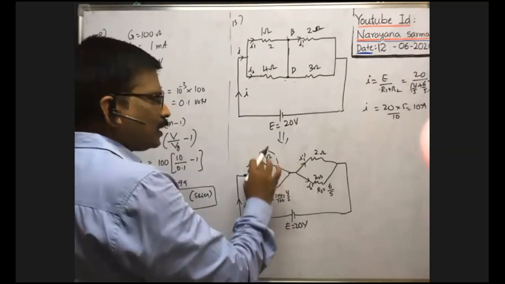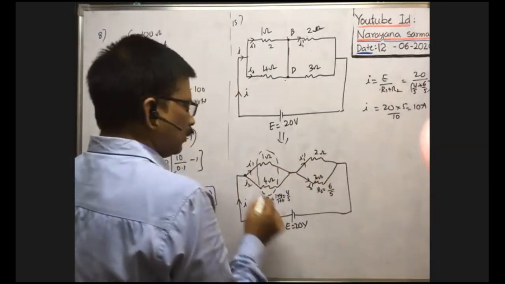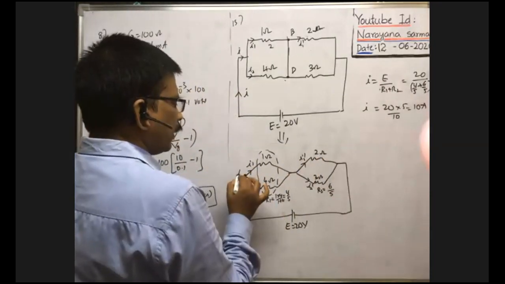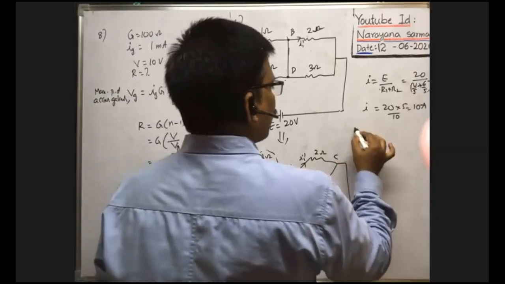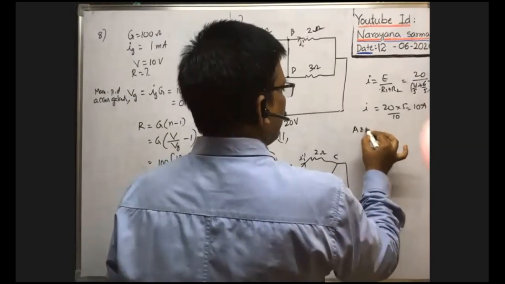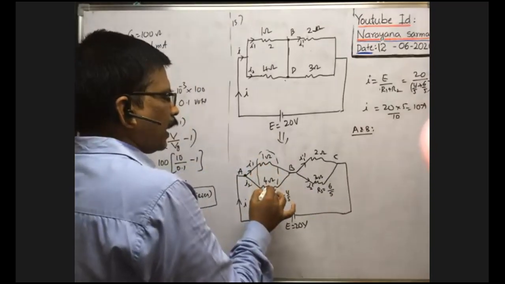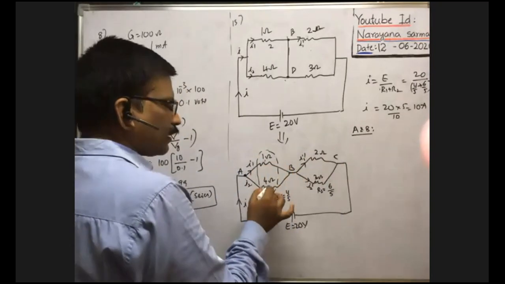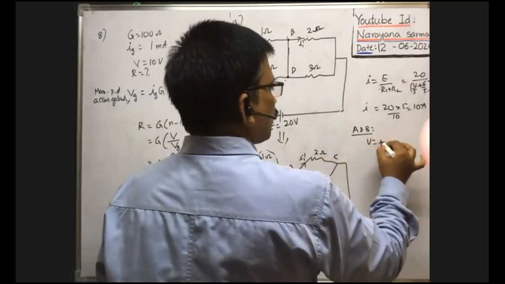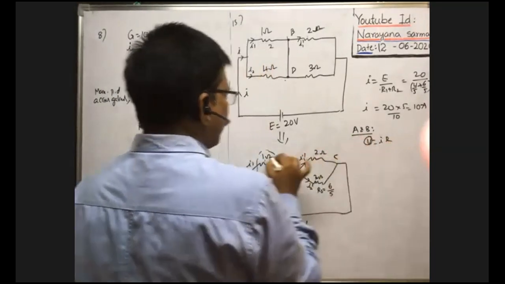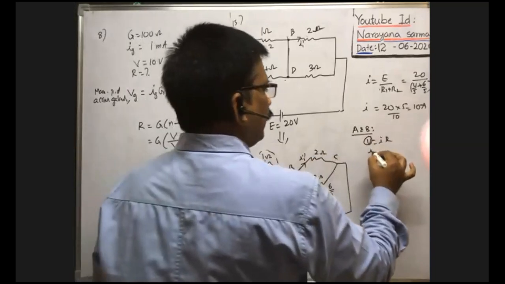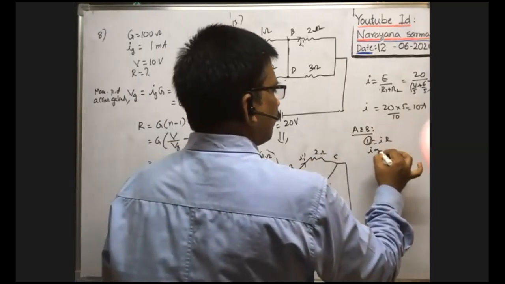As these two are parallel, now you see this is point A, this is point B, and this is C say. Now across AB, between A and B you take. As these two resistances are in parallel, the potential difference across both resistances is the same. According to Ohm's law, V is equal to IR. V is constant across the two resistances, then I is inversely proportional to R.